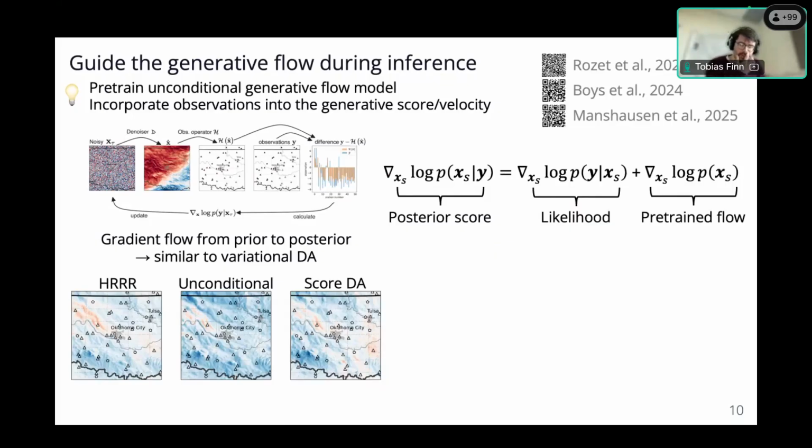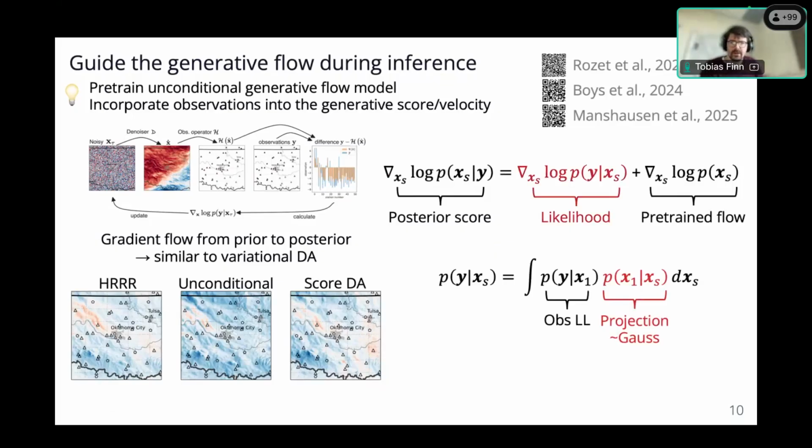However, there are also some issues because actually the likelihood itself is the issue, because to apply the observation operator, we need clean data, and so here we want the likelihood of the observation given the noise data. Which means if we do the marginalization, we have to project from the noise data to the clean data.